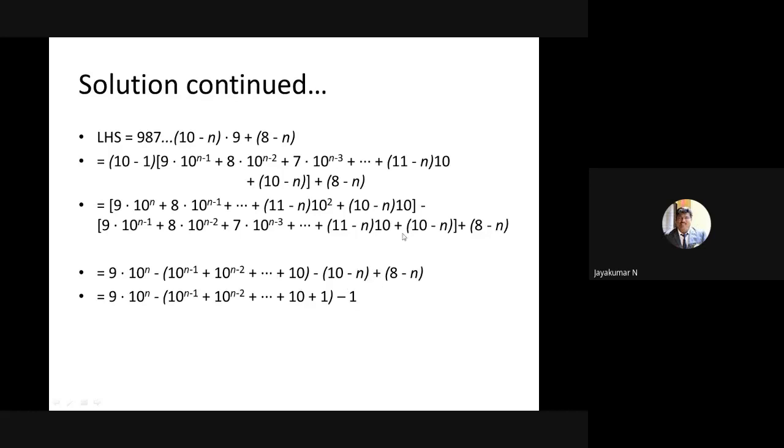I can keep minus 1 inside the bracket, as well as I can keep minus 1 outside the bracket. If you keep minus 1 inside the bracket, I can take it out, minus outside. Finally, I have 9 into 10 power n minus of 10 power n minus 1 plus 10 power n minus 2, etc. Then 1. Okay. So very carefully, finally we have minus 2. I keep minus 1, I can rewrite minus 2 as minus 1 minus 1. So I can keep minus 1 outside and I can keep minus 1 inside the bracket. When you keep minus 1 inside the bracket, already I can take the minus outside. So if you take the minus outside, finally I have 1 in this place.